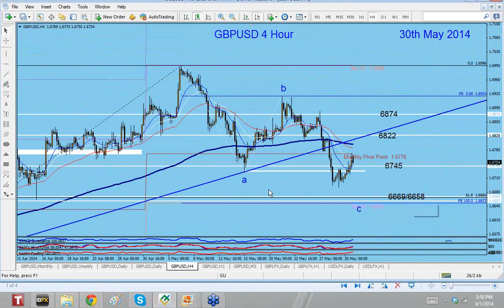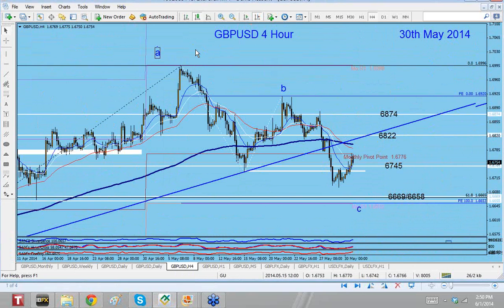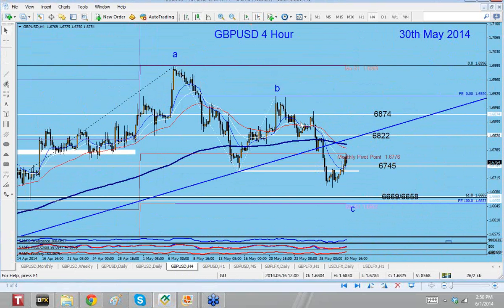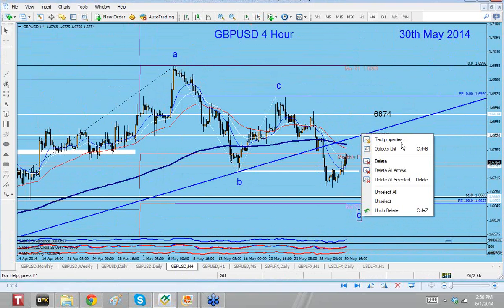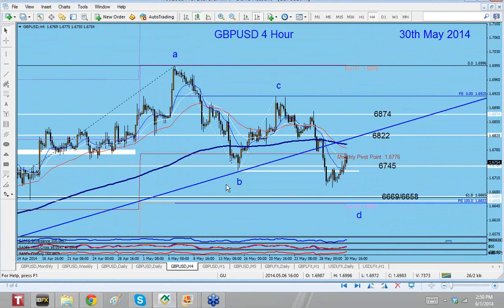AB is equal to CD, or ABC correction. Then you see the AB is equal to CD pattern is this 100%, right? This is like a harmonic calculation. The other one was the Elliott wave correction, ABC, 3 waves. Now you can say, okay, AB is equal to CD. It means AB leg equals CD leg, FE 100%,